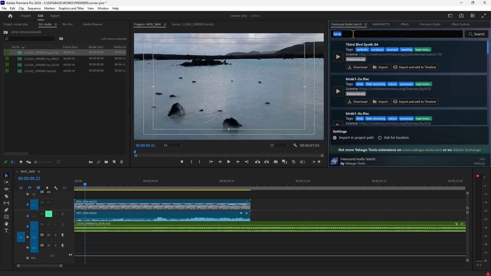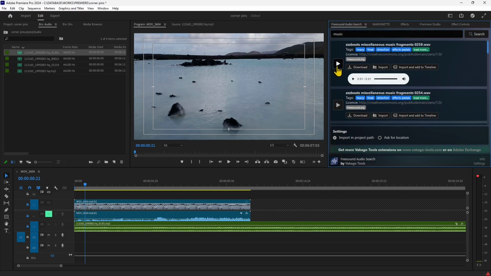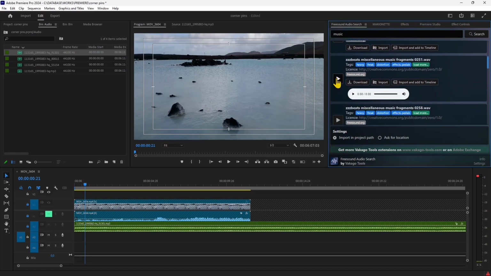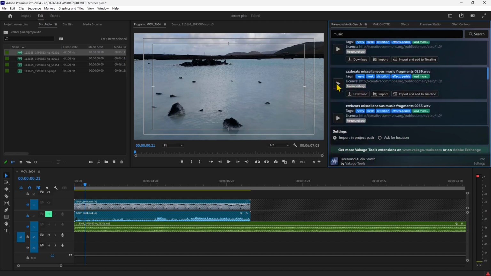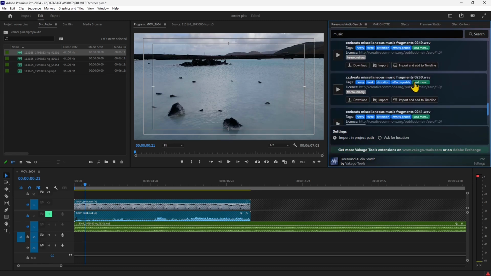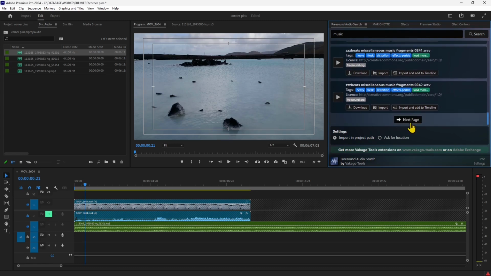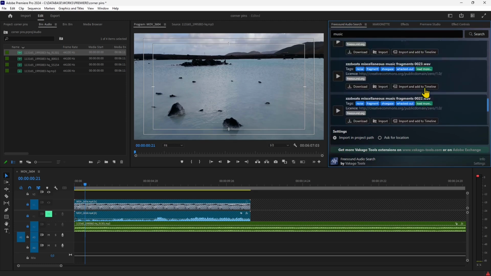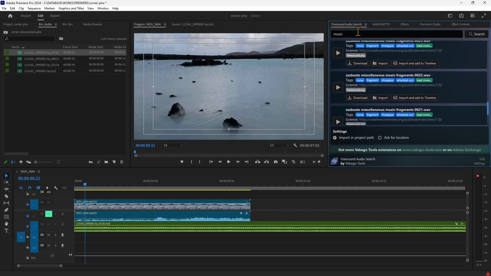And you can also look for music. So if I type music, I can hear some of this. If you press play, you just preview the audio file. If you like it, fine, insert it. If you don't like it, just move over, scroll down in the list. You can also go to the next page, and also you can click the green button to load more similar